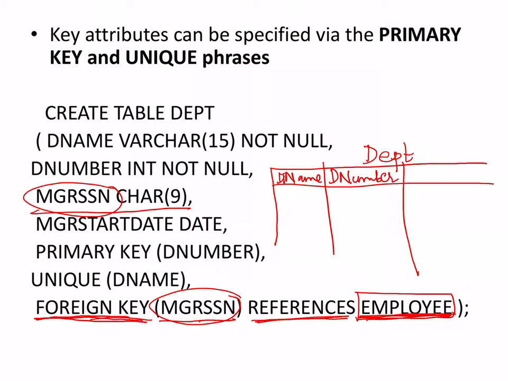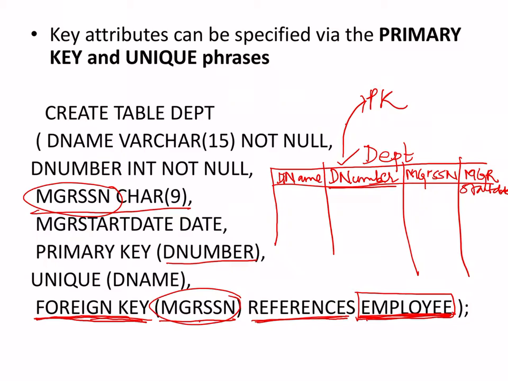Then you have MGR SSN. Then you have MGR start date is the name of this. So these are 4 fields, and in that it has been defined that the D number, that is this field, is a